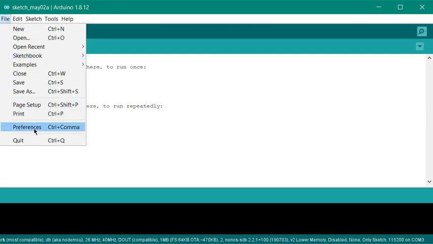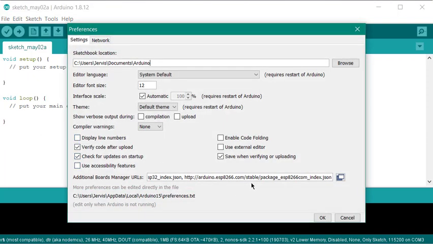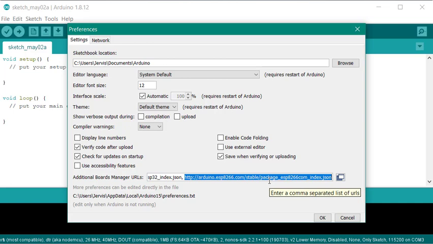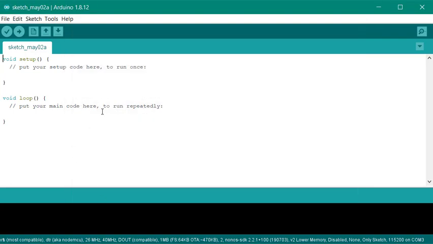To do that, go to preferences and copy the link which I have provided in my readme file. This link is just to make a connection between our IDE and the ESP8266 server. This is a JSON link, so just copy and paste it here, and then press OK.